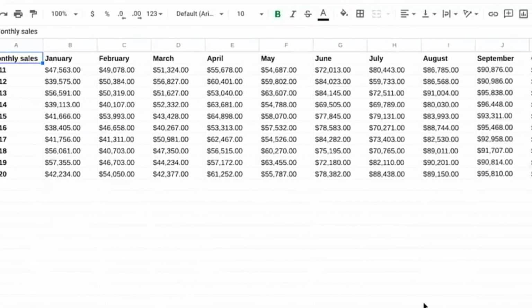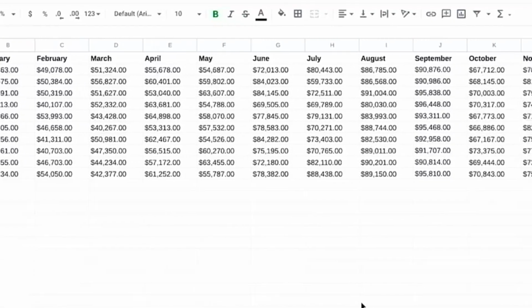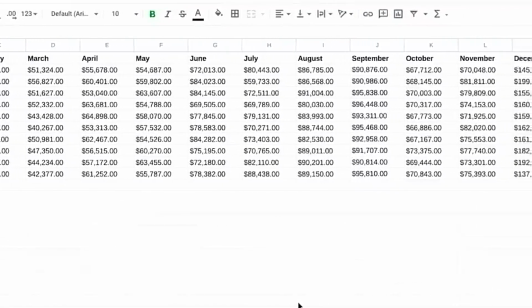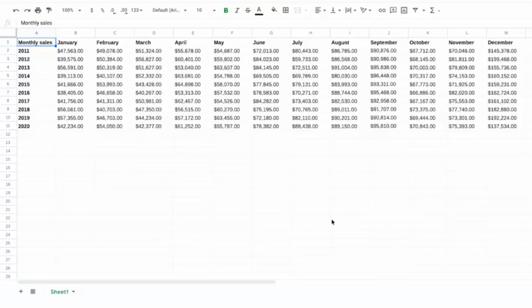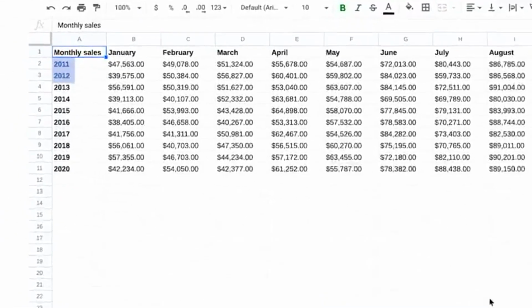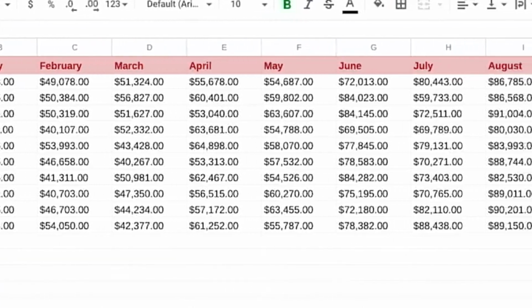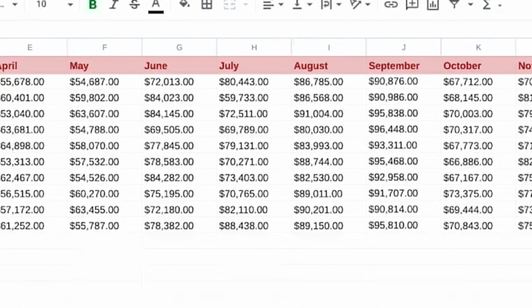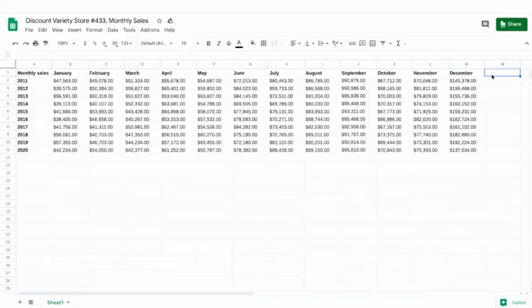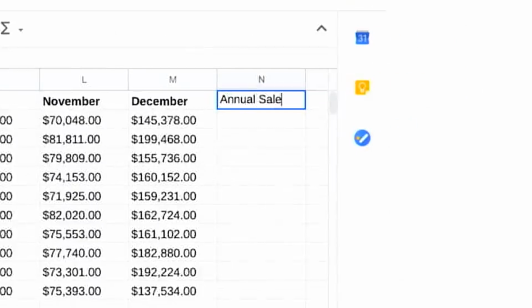Okay, let's try out some calculations with sales data from a discount store chain. We'll look at data for one of the stores in the chain. Our objective: use the existing sales data to find any trends. This is a great way to see a lot of the ways formulas can be useful in your analysis. We'll start by finding annual sales over the years 2011 to 2020. The data is already organized in columns by month and in rows by year, but we don't have the total sales for each year yet. We can use a sum function to help us figure that out. We'll add the sales from 2011 first. We'll add a heading for the annual sales column.